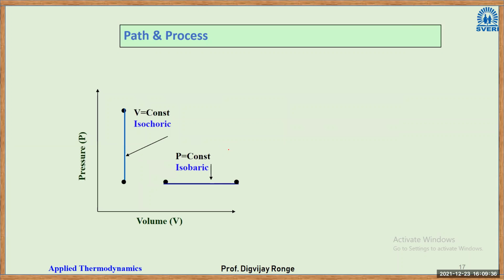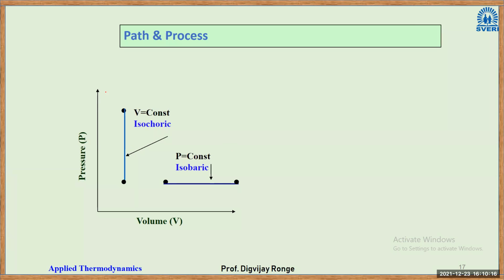Now, the very interesting part is here. I hope you are with your notebook and pen because I want to draw these diagrams. These diagrams are very, very important. We are going to study some of the processes, like the isothermal process, isobaric process, isochoric process, isenthalpic process, isentropic process, etc. These processes will come up again until the end of your engineering. When you study refrigeration in the last year of your engineering, you will observe such processes repeated a number of times. So we'll see them one by one.